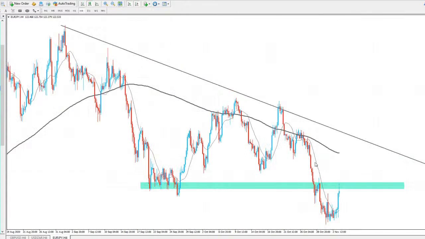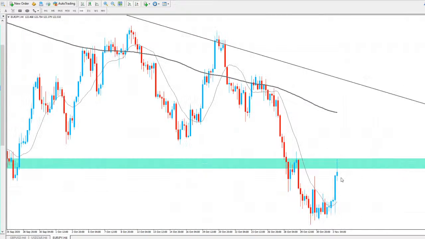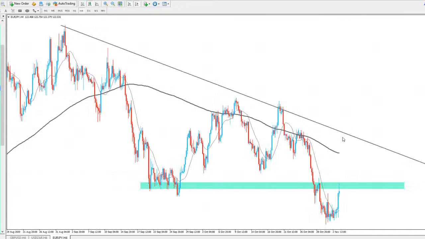Or if we do close bullish, because we've still got an hour and a half left for this candle to close, you can see price continue a lot further on the 4H time frame. But it could be another opportunity to buy if we do come back down again. Maybe give us a double bottom down here, potentially see price rise again and go and break the daily resistance this time. But for me, this does look like we've got a bit of wick rejection there. It'll be interesting to see how we close. If the price is going to fill the wick, then the momentum looks like it could still be bullish and price could still continue higher, potentially go and test the trend line up there. But if we do close with that wick there, we could be seeing a move back down, so you need to be aware of that.